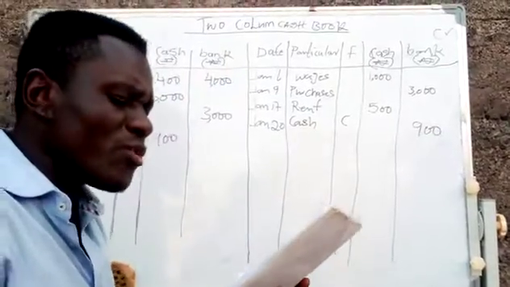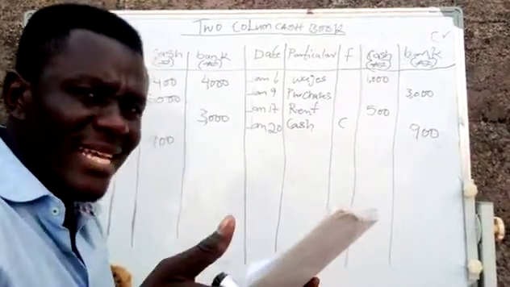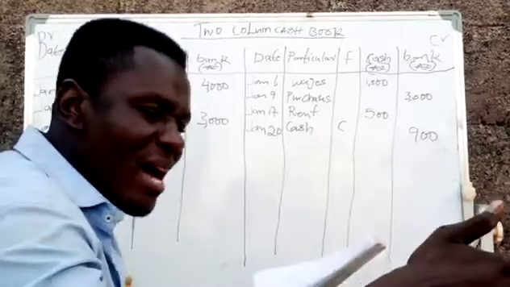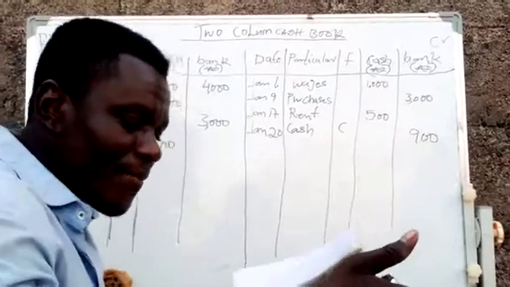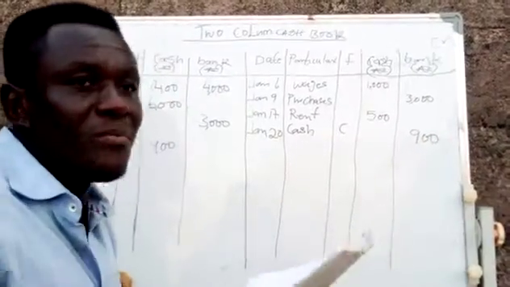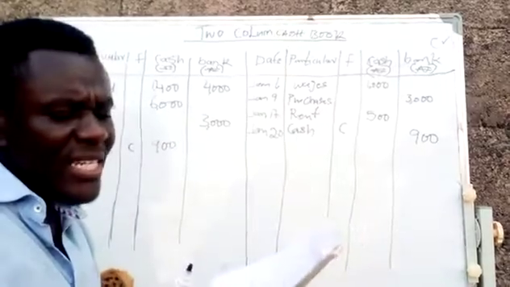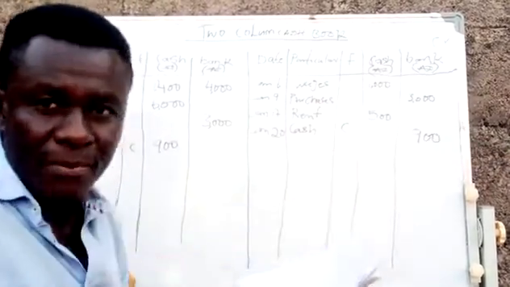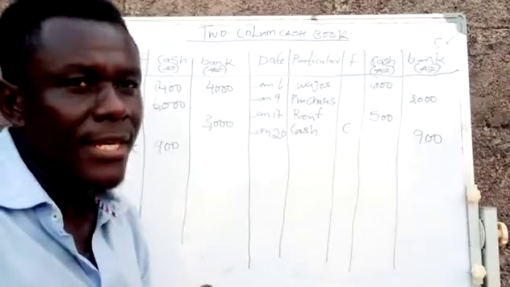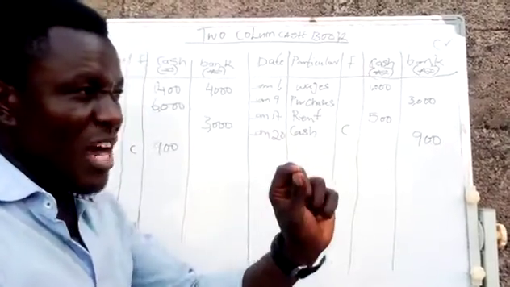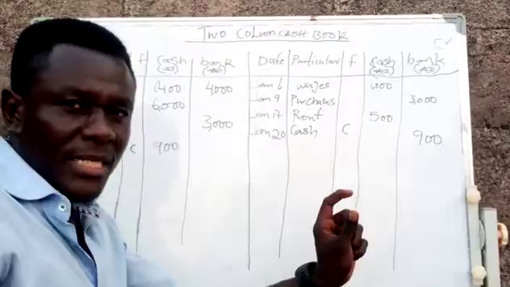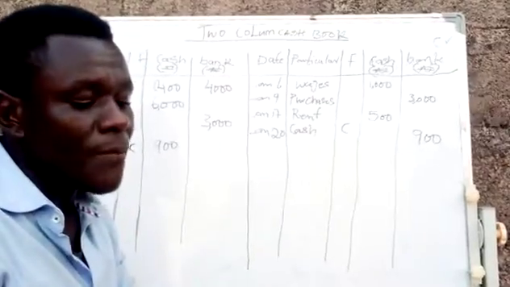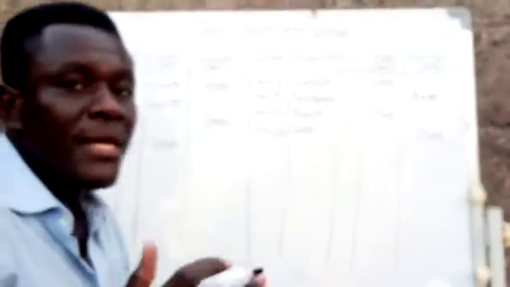Now the next question, cash sales paid directly into the bank. This question is still a contra entry because it has cash there and the bank. And I said a contra entry is a transaction that will appear on both the debit side and the credit side. And this transaction, they say the cash sales paid directly